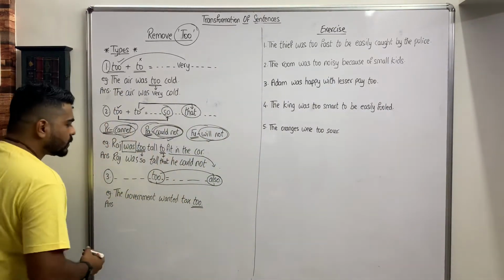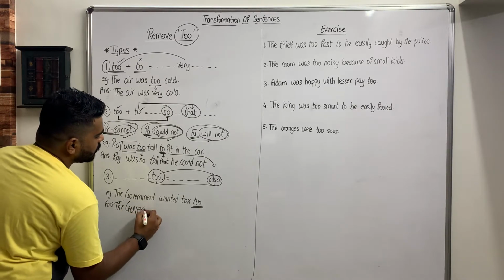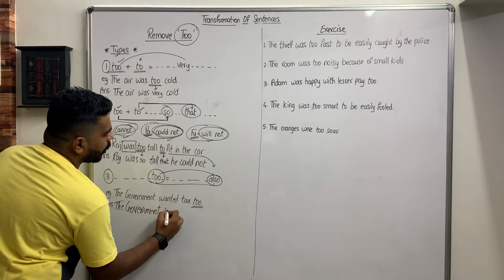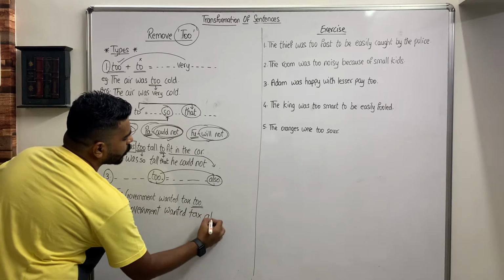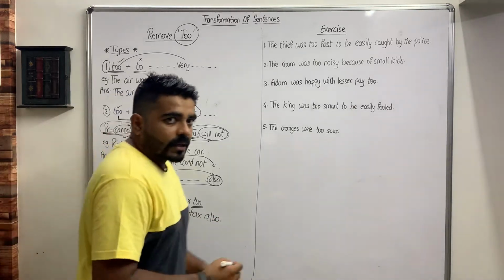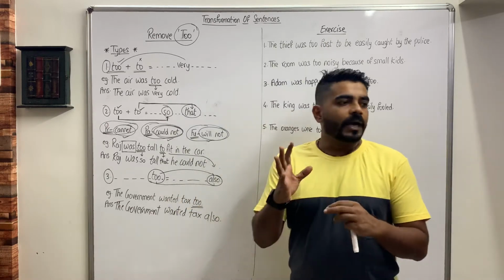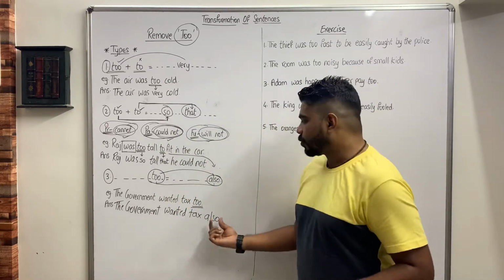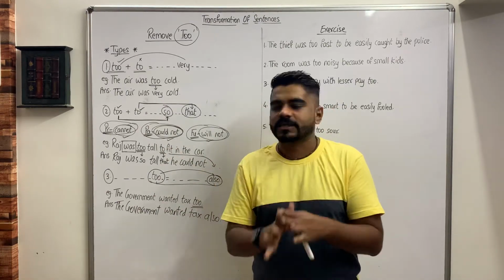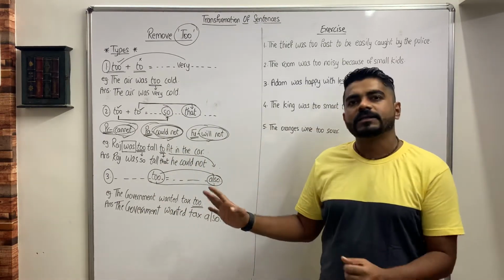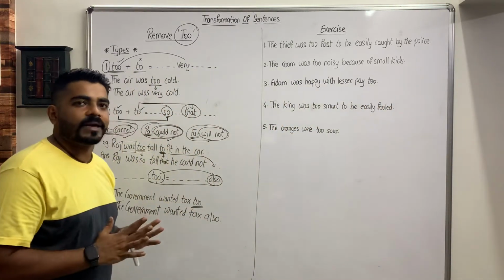TW2 is the last word. So, the answer to this will be simple. The government wanted tax also. Now see, the answer to this can also be, the government also wanted tax. But if your English is good, you can toggle this also, back and forth. If it is not very good and you don't want to take stress, write also in the end and it is a grammatically correct sentence. We did it completely mechanically, without using much brain in this.